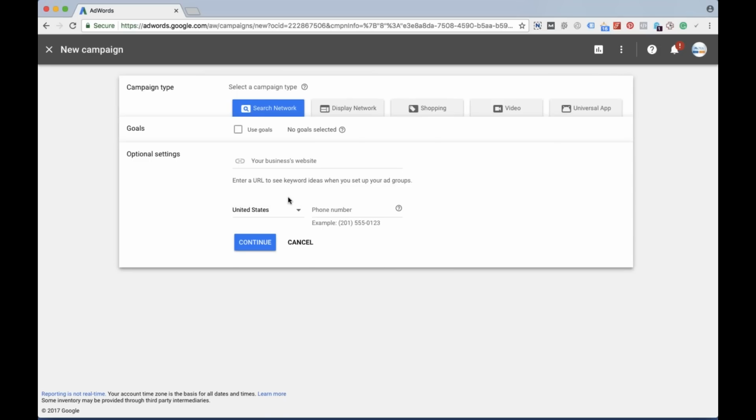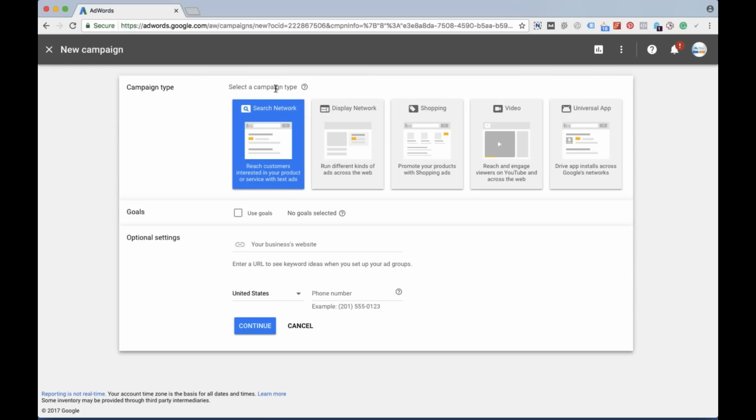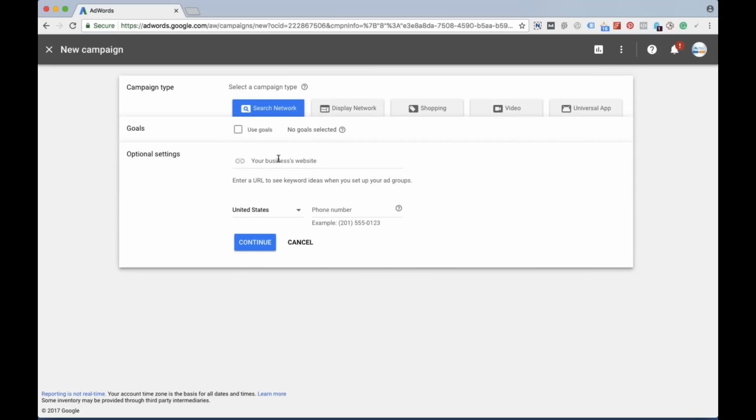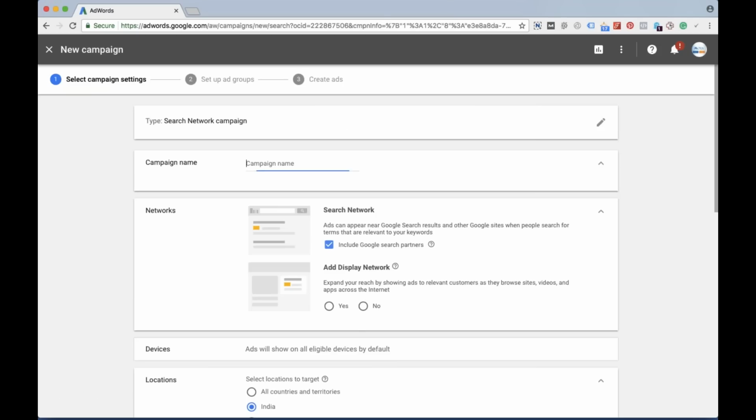It's really different, because almost everything, the whole structure, has changed. In fact, the interface, the settings and all, I think we'll get in the next step. Okay, let me just type in here use goals. Fine, I just want to go with this, these are optional settings anyway. So let's just continue to find out what they provide further.